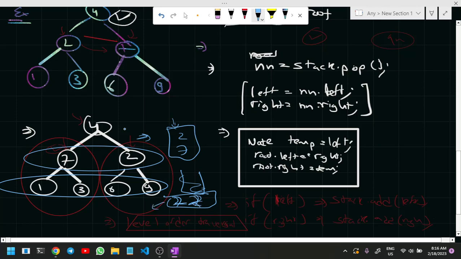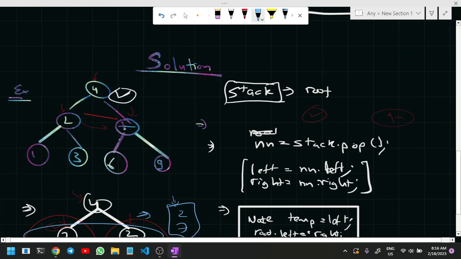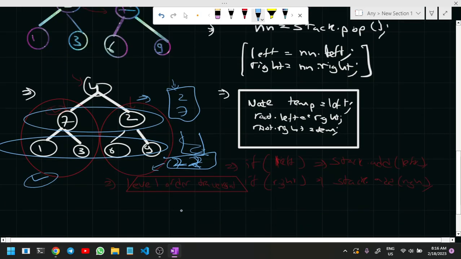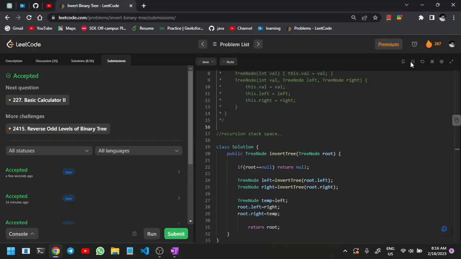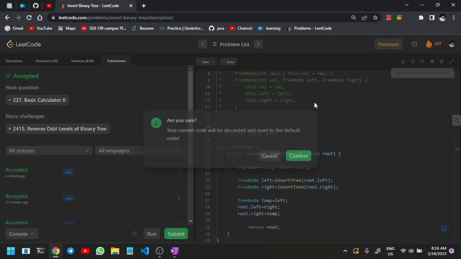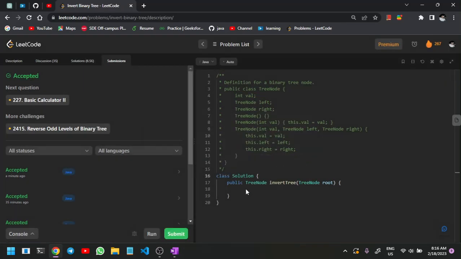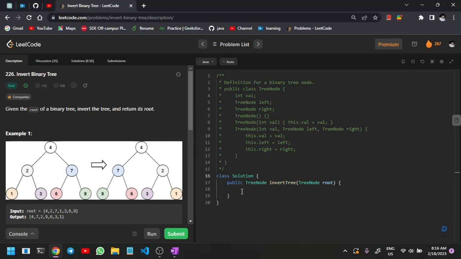So we can even solve this problem using the queue. Instead of stack, we can use a queue data structure and the problem will run similar to the stack problem. So let me just code this approach and I'm going to use both stack and queue. Let me just come here and solve this problem. I hope you understood what I'm trying to say